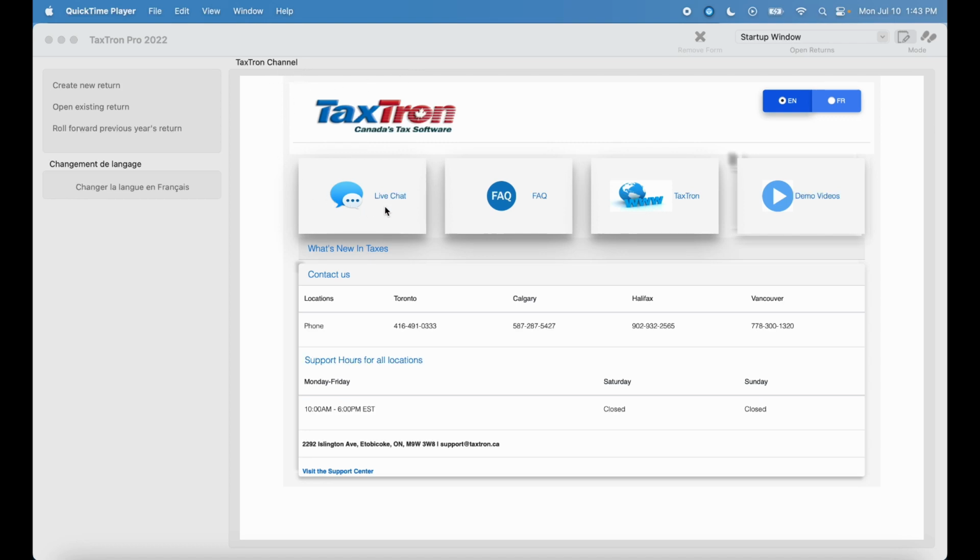This section enables convenient access to various support features, including live chat, frequently asked questions (FAQ), our official website, and demonstration videos. Additionally, depending on your location within the country, you can easily locate the support phone number and office hours of our offices. These toggles provided here allow you to change the language of the TaxTron channel and the